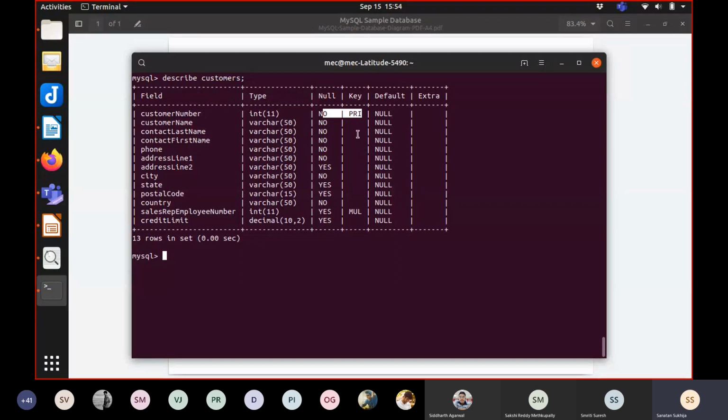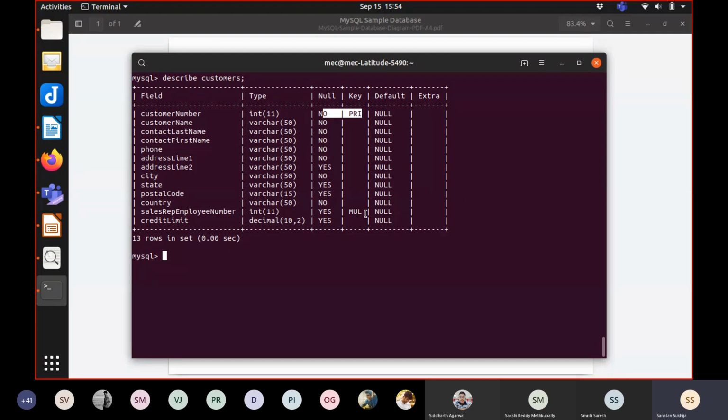Similarly, if you have a UNI here, which tells you that there is an index associated with that particular column, and each entry in this column may be repeated. So do not confuse UNI with unique. Each entry may be repeated, but there has been an index created on it. Sorry, I just mistakenly